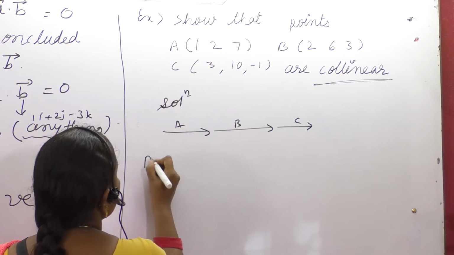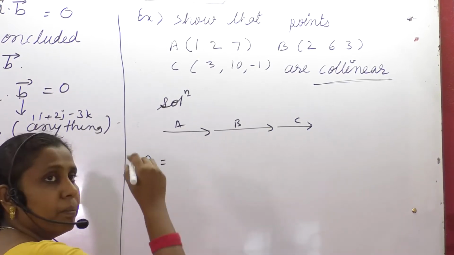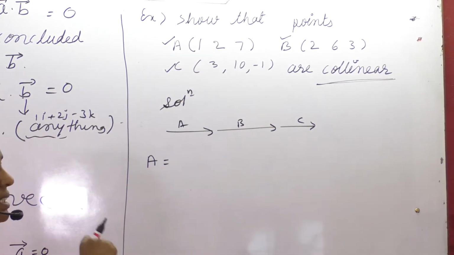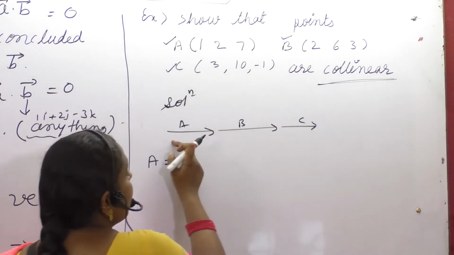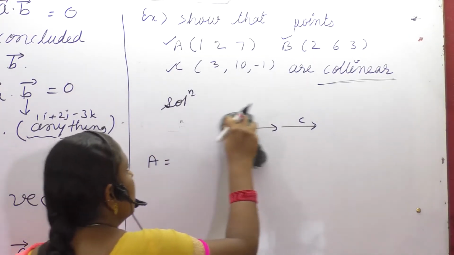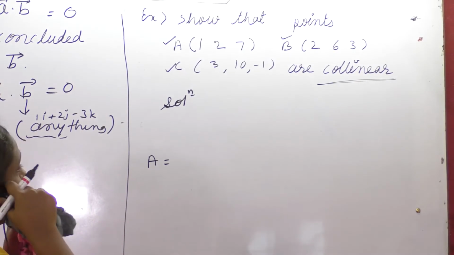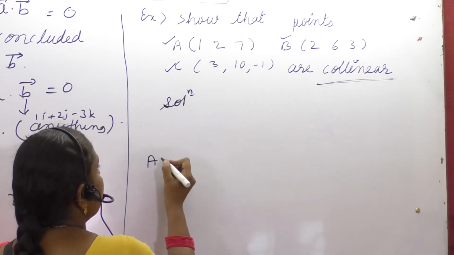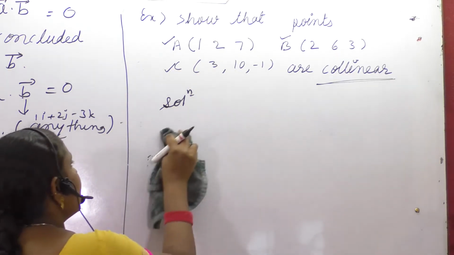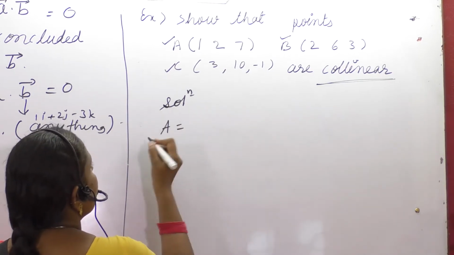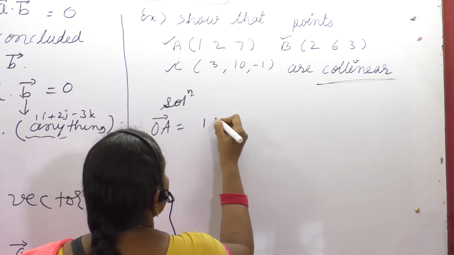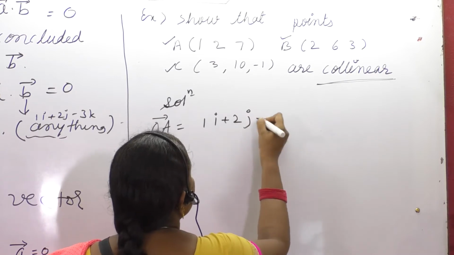Now what we have to find out, you know? With these 3 points A, B, C, you are going to find AB, BC and AC. So what is vector AB, BC and AC? This is what you are going to find out now. So what will I do? I will first find out AB. Is it necessary to write A as i, j, k components? So I will write here A as OA, the position vector, 1i, 2j, 7k.